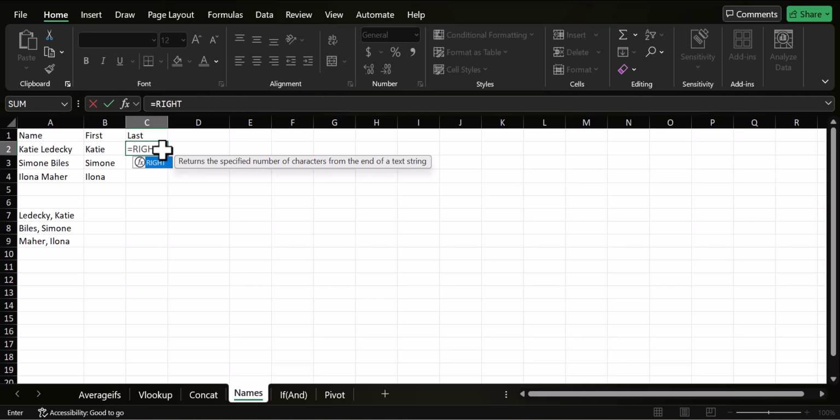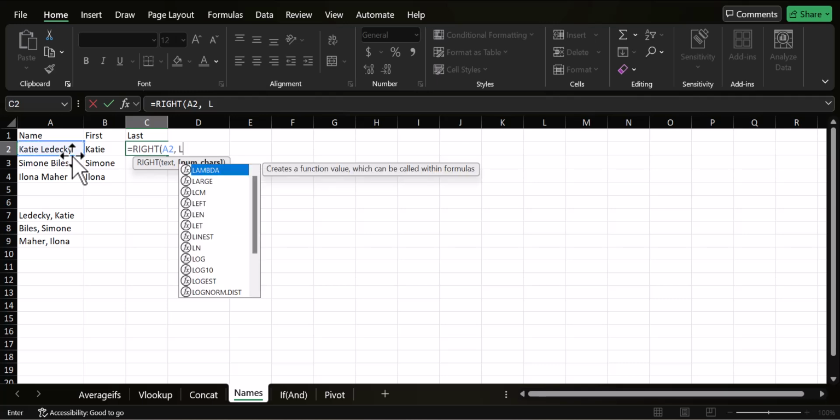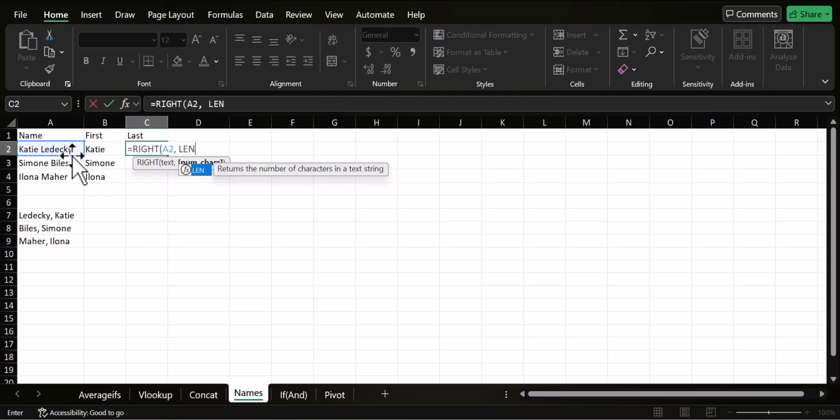Because the last name comes to the right of that space indicator. And again, we're going to say, please look here for that text. This time, though, we are going to do, not length, the LEN of this, and then subtract from that,